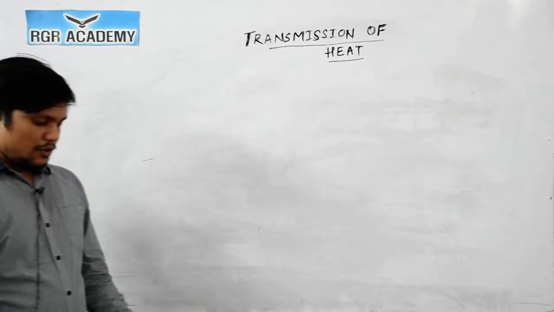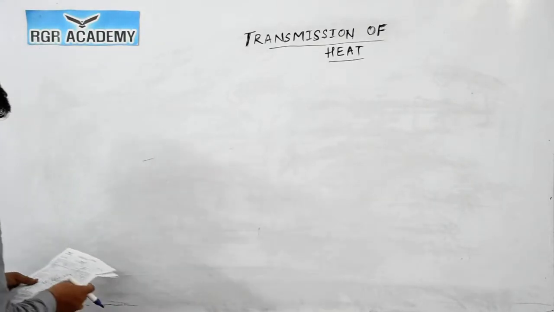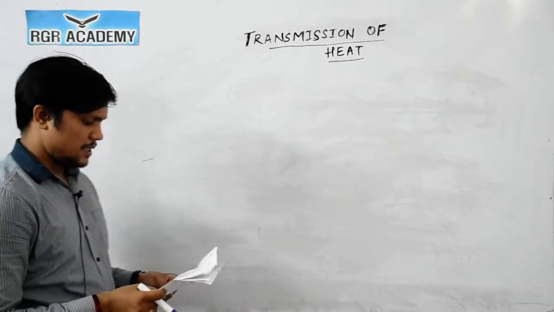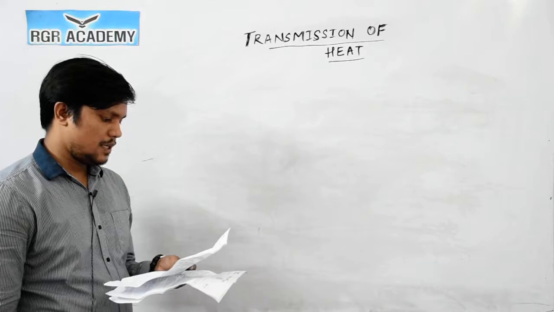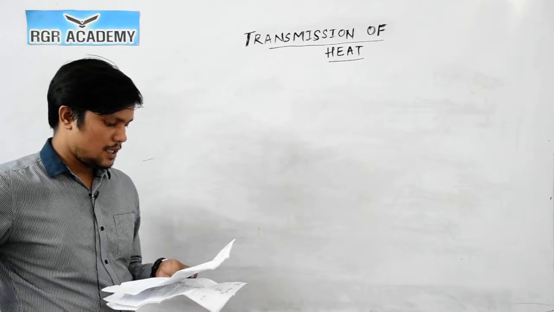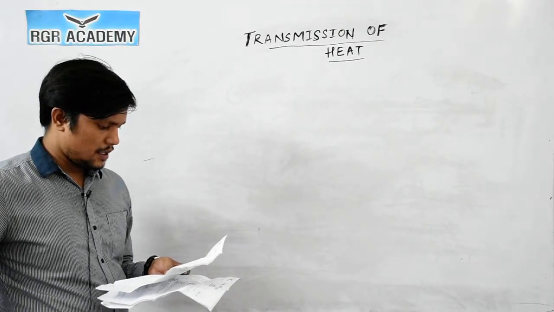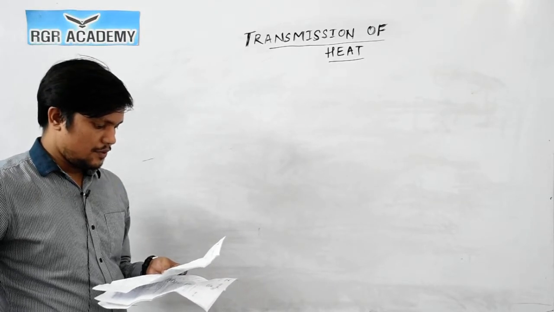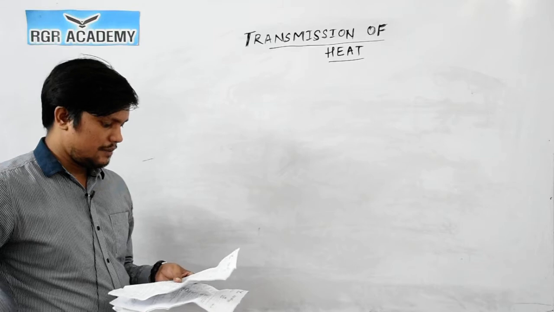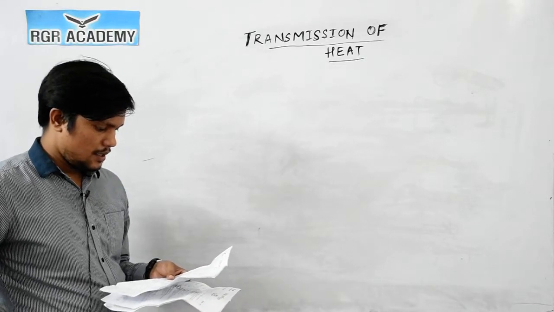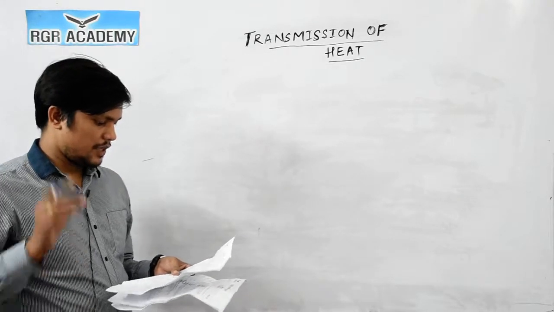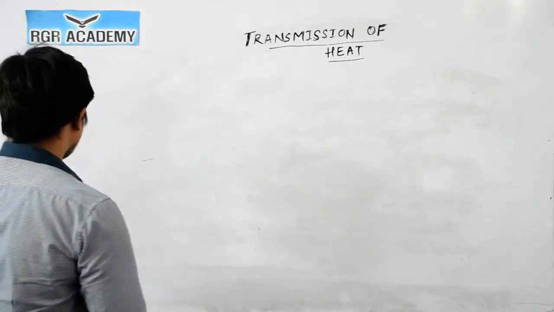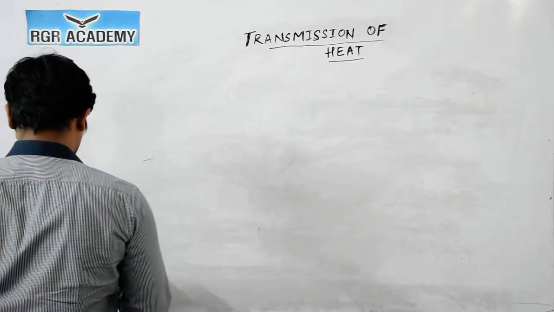So in question number 4, suppose the sun expands so that its radius becomes 100 times its present radius and its surface temperature becomes half of its present value. The total energy emitted by it then will be increased by the factor of. So they are asking the total energy emitted will be increased by the factor of. Okay.